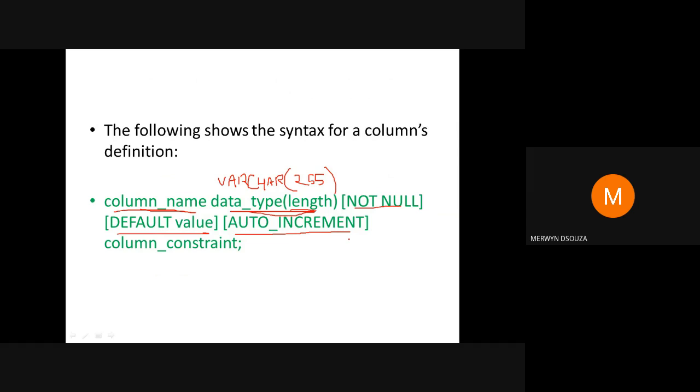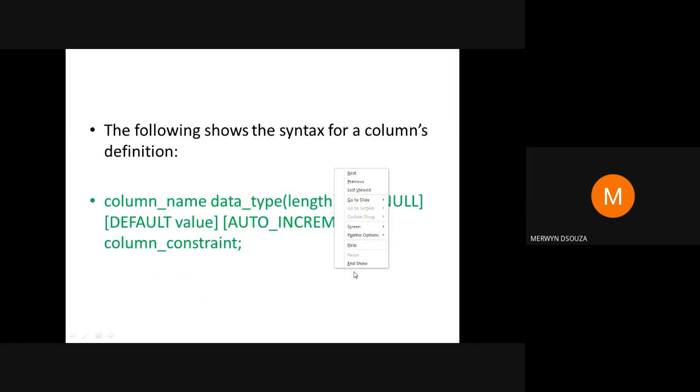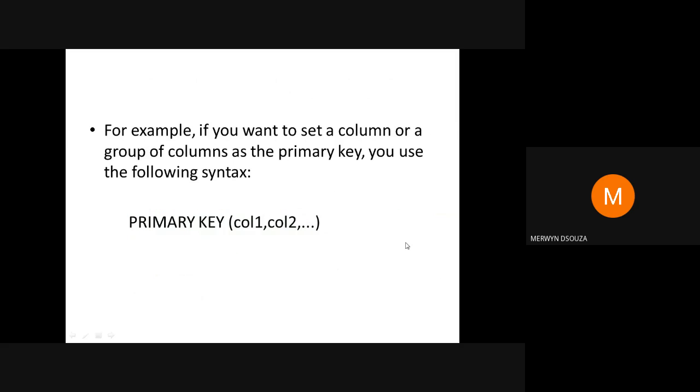After the list of the columns, additionally, you can specify some table constraints such as unique, check, primary key, and foreign key. For example, if you want to set a column or a group of columns as the primary key, you can use the following syntax.